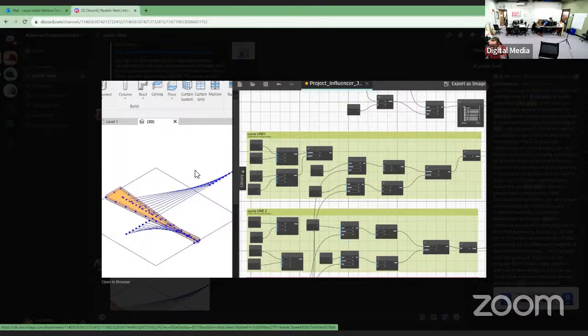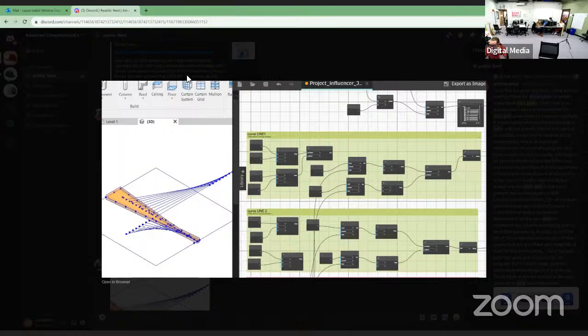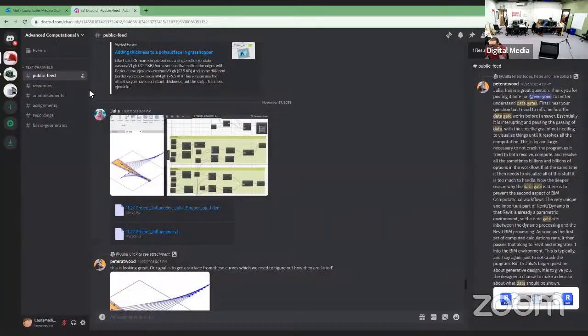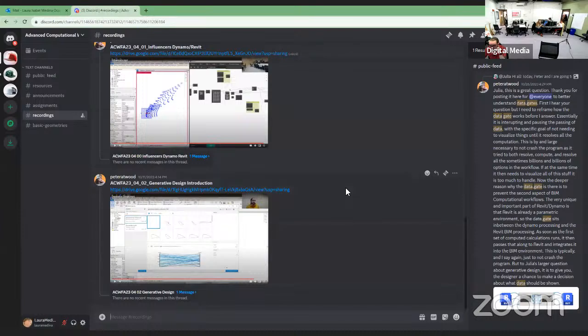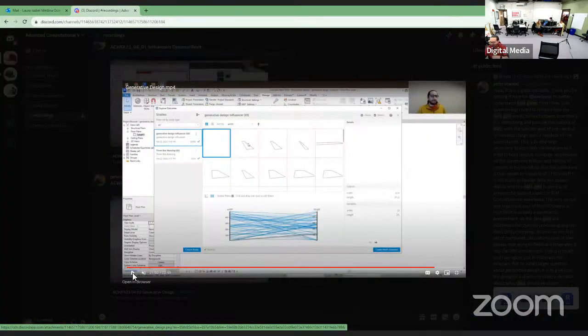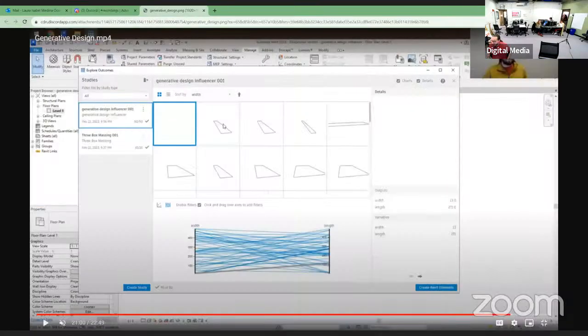Can you go in the different channel? So the recordings, and then this recording that you see there, which is generative design introduction. Let's open that up and play that in the background here. You can see this image, which is a great image. And you can see me wearing yellow with a much fuller beard. This is actually almost a year ago that I recorded that. And actually, you just give it a play from where it's at.